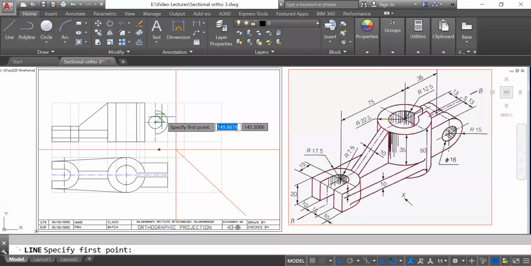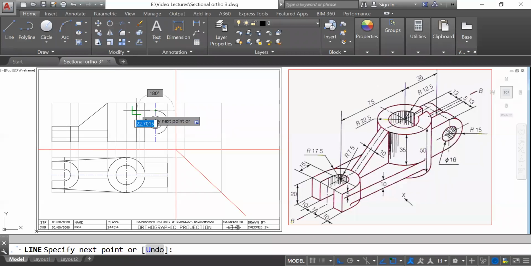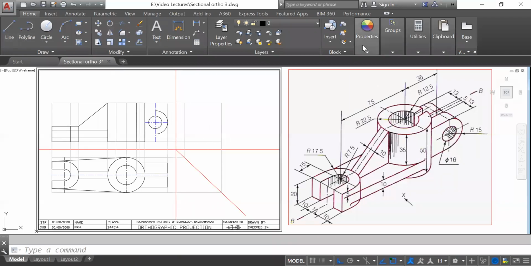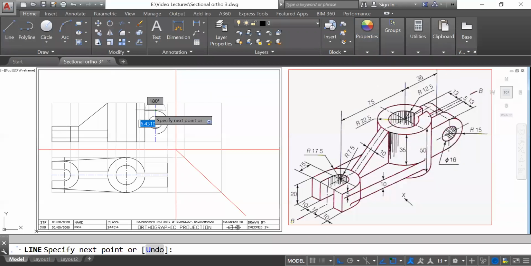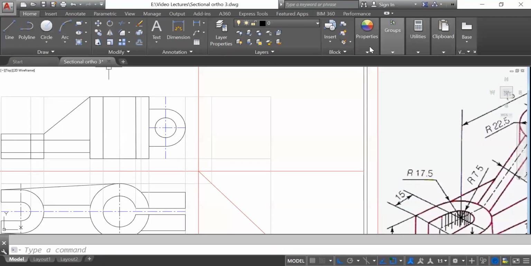So what we will do, we will take this up to here. So here up to cylinder, that would be visible. Other part is hidden. So I will just prepare first visible part. Okay, then next part is hidden.